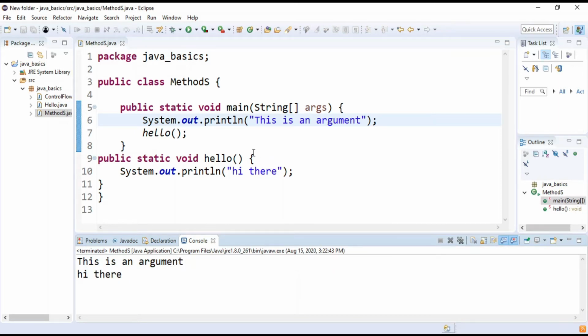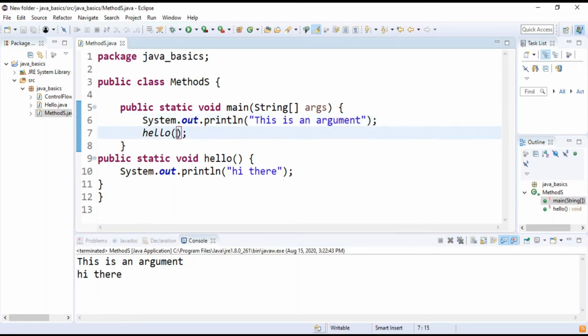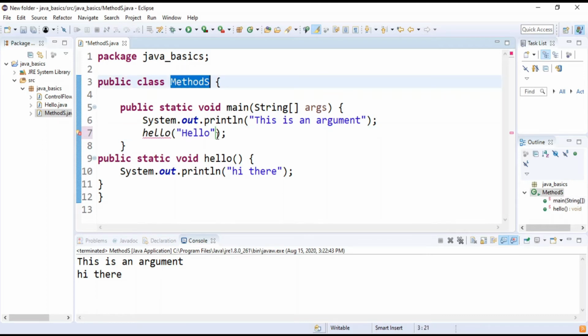Now, like you can see in the println method, we have passed an argument, right? So let us try passing an argument here. It will show me an error. The method hello in this type methods is not applicable for the argument string. So what does it say? This method or the function of class methods does not hold any string argument.